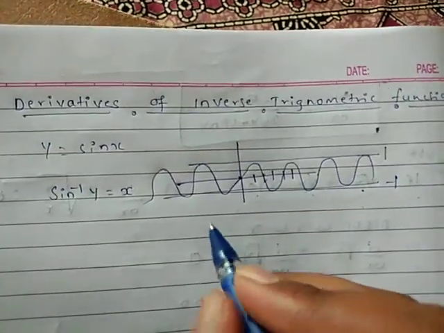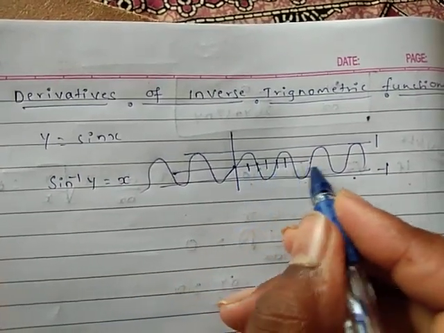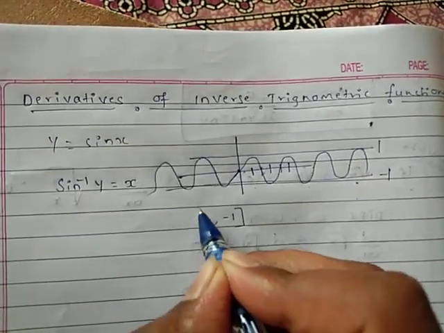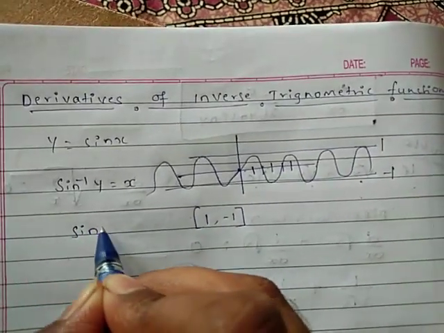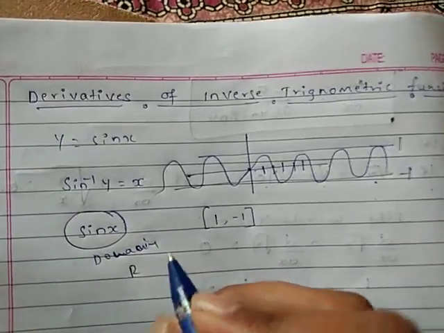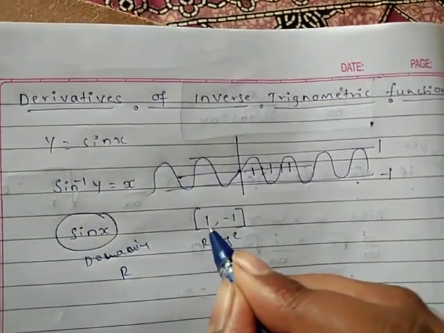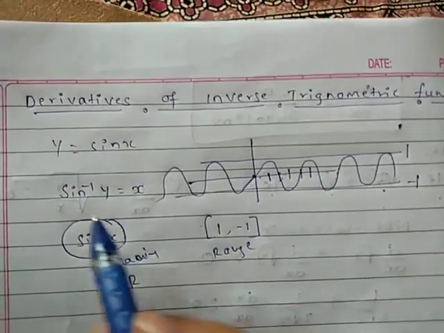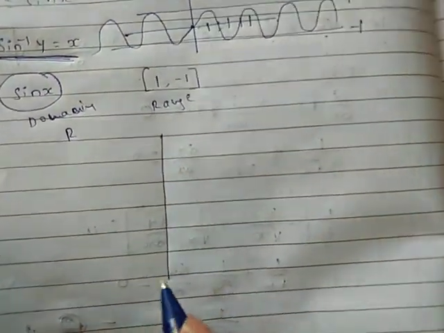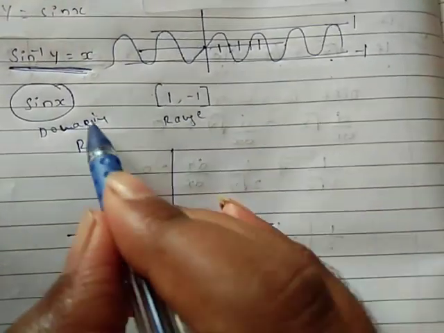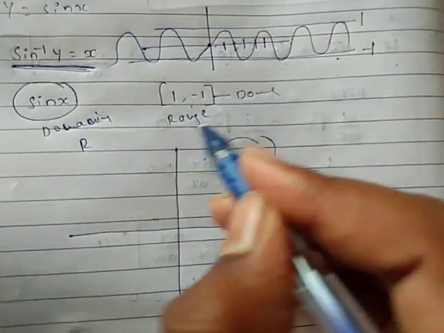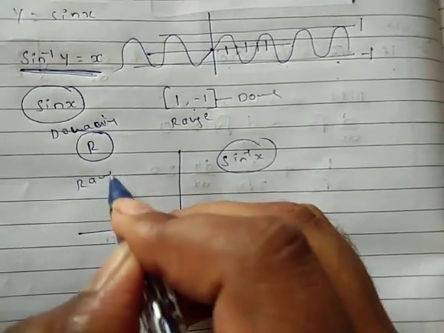like this it will go on. Observe here, suppose we give any real number, we are going to obtain only values in the closed interval from -1 to 1. For the sine function we have domain R and the range is [-1, 1]. Suppose we take the sine inverse function, observe here, in the sine inverse function the range becomes the domain